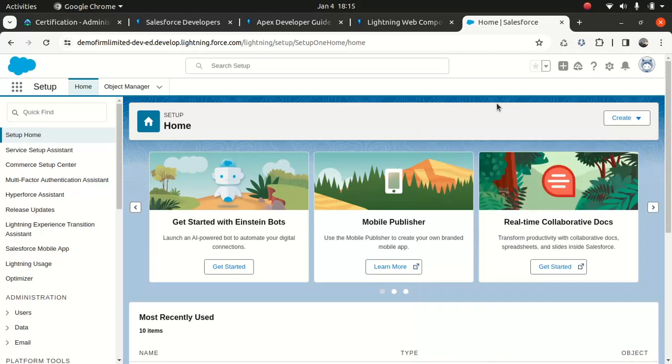Now, one thing you have to understand: Salesforce sits on a platform where you cannot have access to the database. For instance, if you're using SQL Server, you can actually go and create a table, and you can delete a table. You know where the actual physical file sits.